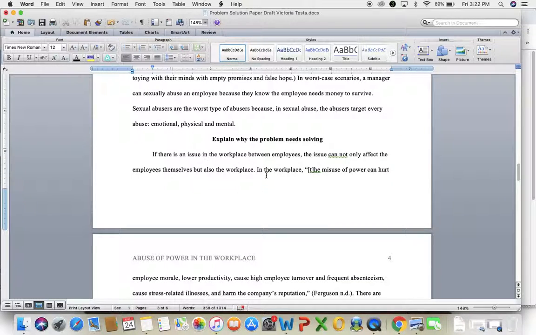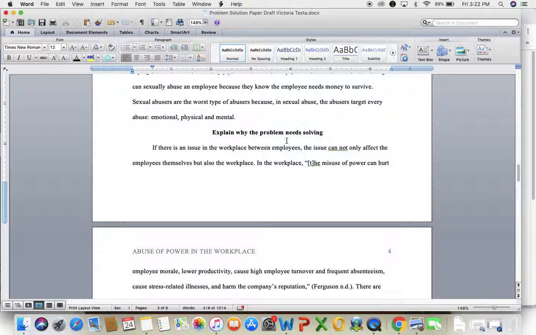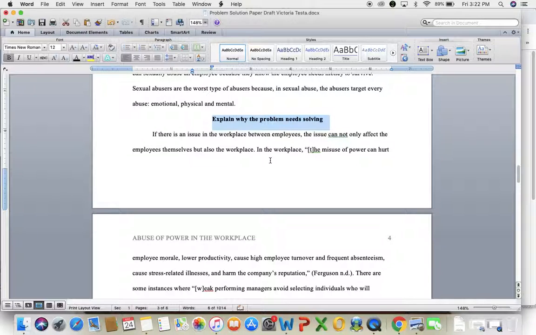So then you go into, but like I said, there's more editing for concision that could be done to make that shorter, but it would take me, sorry, I put the period there in the wrong place. It would take me that type of work. Editing for concision takes a little bit of time. So then you go into explaining why the problem needs solving.